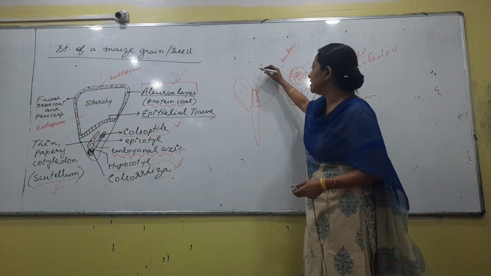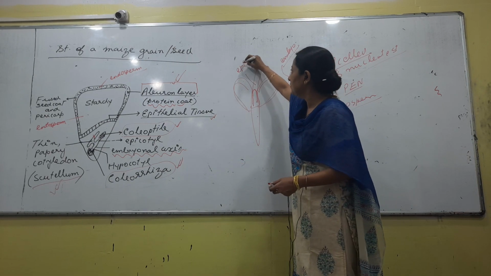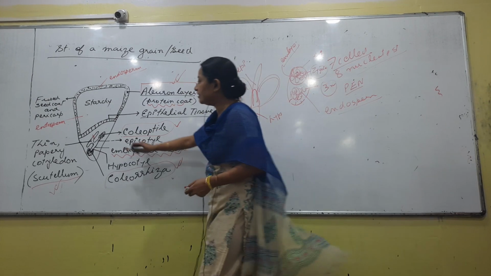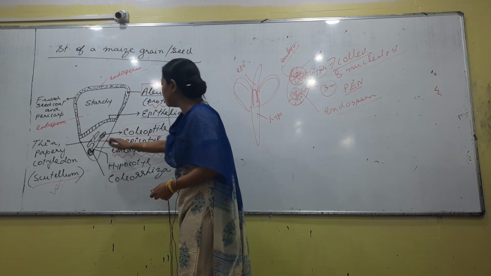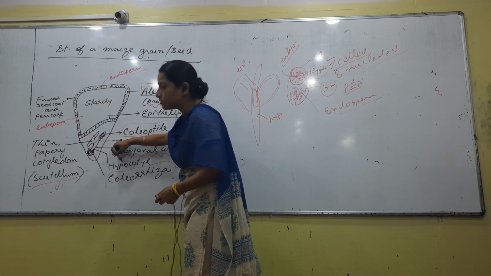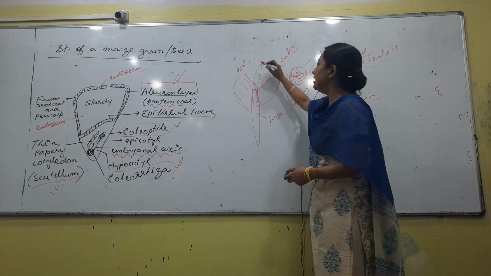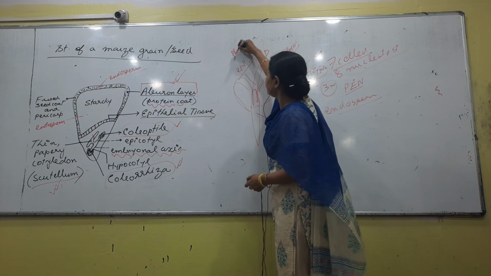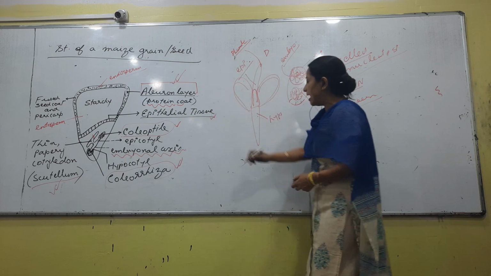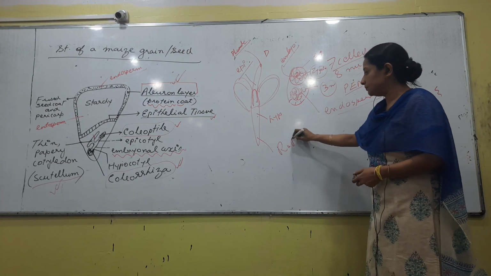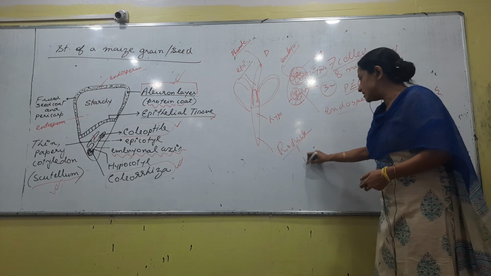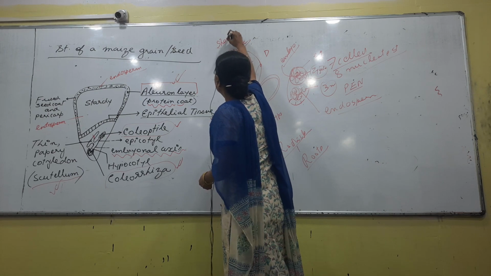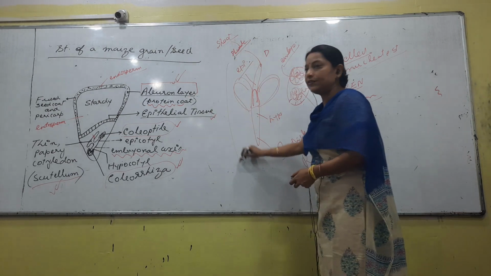In case of a dicot seed, this part was called what? Epicotyle. This part was called hypocotyle. Similarly in this case also, if this is the embryonal axis, the upper portion is called epicotyle, the lower portion is called hypocotyle. Coming to this diagram, in case of a dicot seed, epicotyle will give rise to the plumule, hypocotyle will give rise to the radicle, radicle will ultimately form roots, plumule will ultimately form the shoot system. This is in case of a dicot seed.